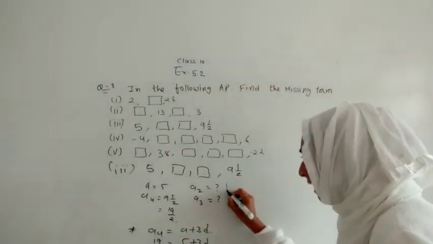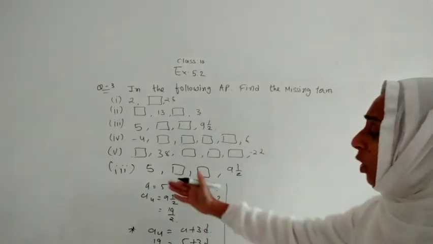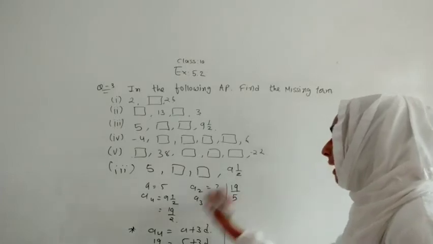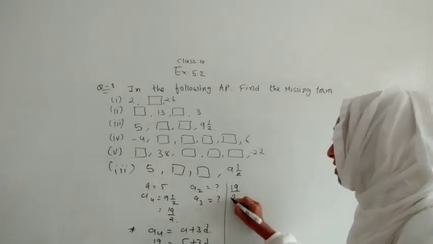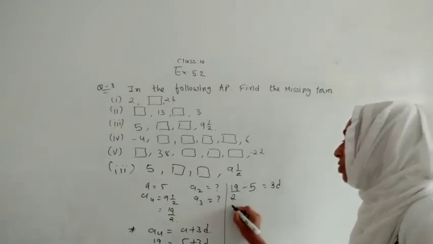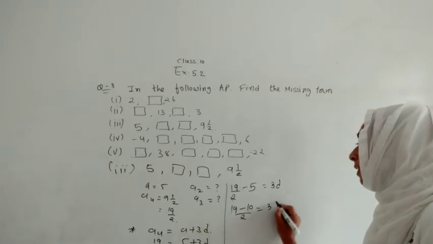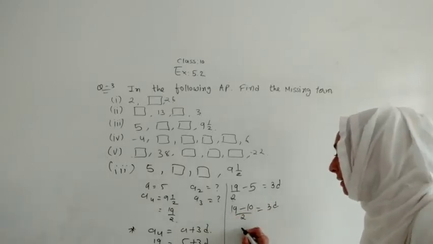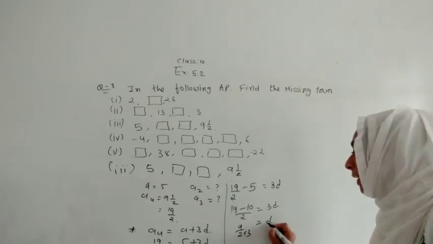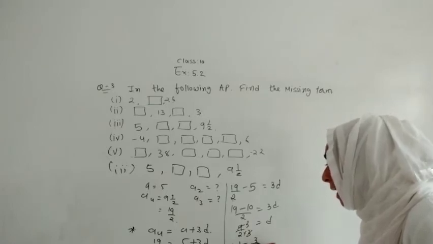अगर हमें D मिल जाएगा तो हम वापस सब्स्टिट्यूट कर देंगे, तो हमें सारी वैल्यूज मिल जाएंगी because we are having A. So here let me substitute 9 by 2. Let me shift that 5 over there, and it will become 3D. Now let us solve 19. 5 2s are 10, and by 2 denominator. ठीक है, 19 minus 10, 9 by 2, and this 3 will come down. So we are getting D as 3 3s are 9. So D we got as 3 by 2.